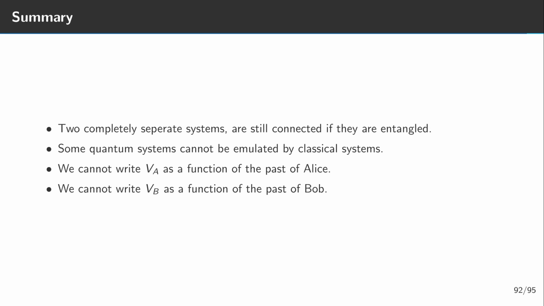And all you need to do to entangle those two systems is store the same random value in both systems. We saw that we cannot write the measured value VA as a function of the parts of Alice and the random value, and I cannot overstate how important this is, because we can do that for all classical systems. That means that it is impossible to emulate this quantum system using classical systems like computers, because no classical system can transfer information faster than the speed of light. This means that quantum physics is something truly different than classical physics.